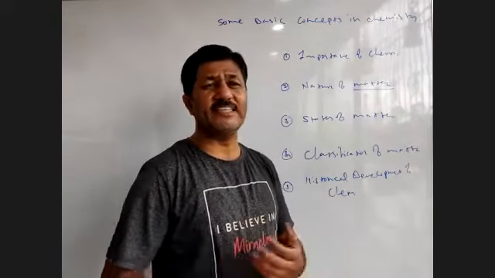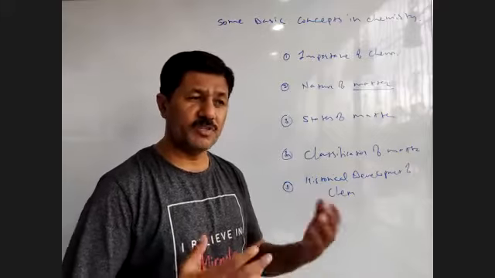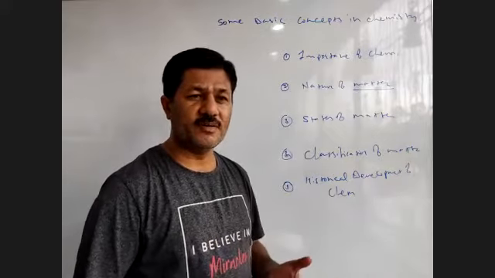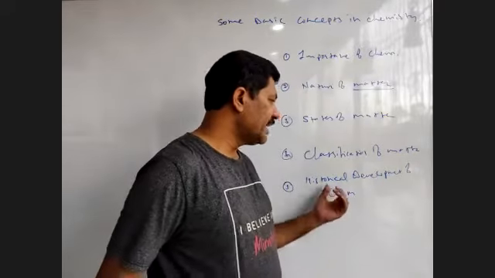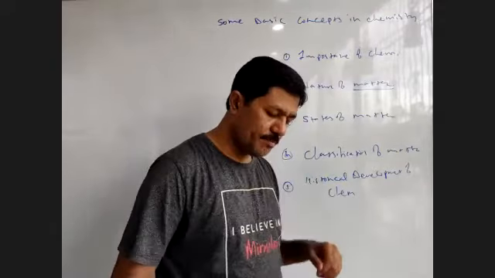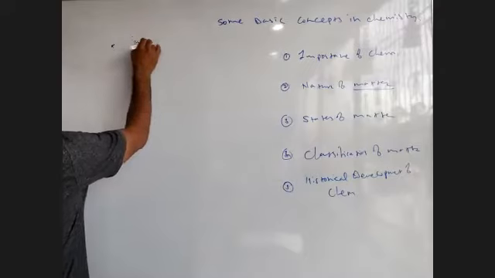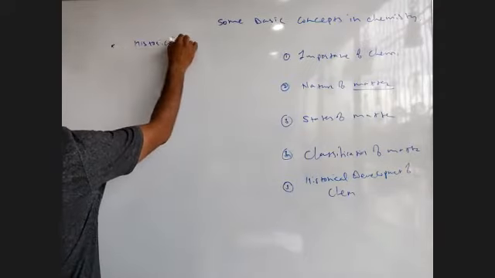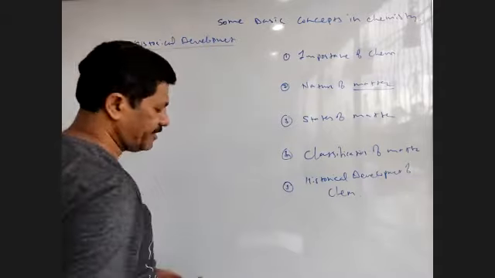It may create some contradictions between the scientists, between the philosophers, or between country to country, on a region basis and all. How will we talk about it? First, we'll talk about historical development of chemistry, and then we'll get into the classification of matter. So historical development of chemistry.